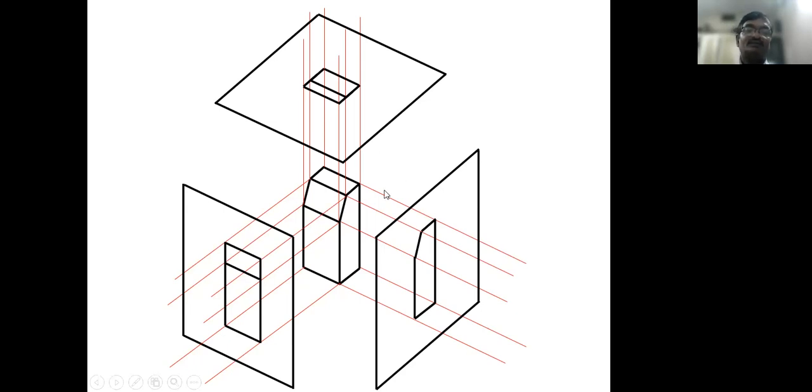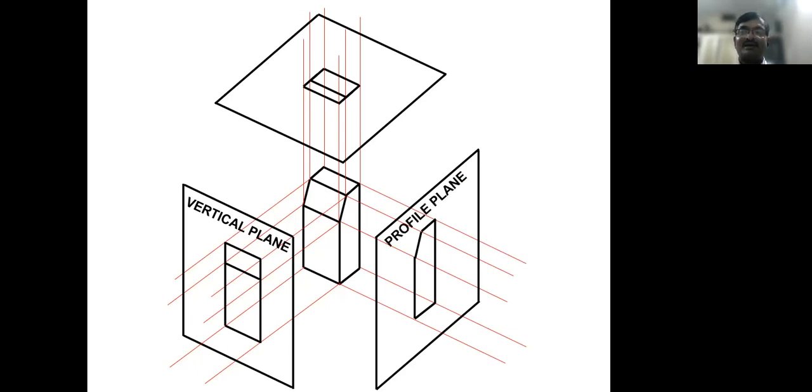3 sides are enough. So when observed from the first direction, that is the front view, we call it the front side. When you observe the front side, one imaginary plane is introduced, and that imaginary plane is called the vertical plane. Abbreviation is VP. Shortly it is called VP, vertical plane.